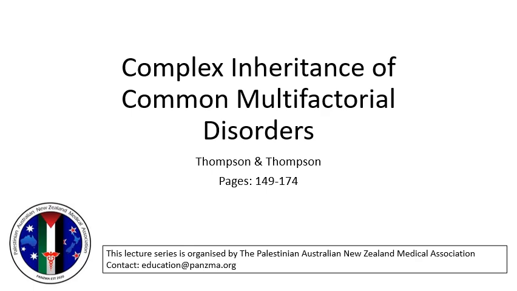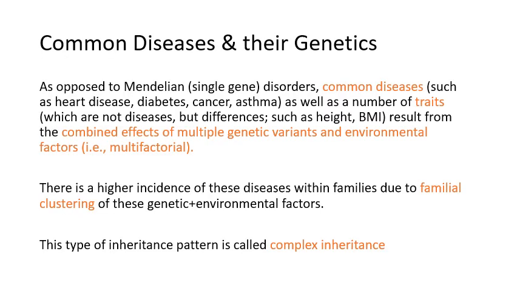Now, this chapter is quite complicated, so I've simplified it as much as I can and I've made it as relevant as necessary for you. So, there are a number of common diseases that still have some genetic basis. As opposed to Mendelian, remember autosomal dominant, autosomal recessive, X linked, these are all Mendelian disorders and are caused by single gene problems. So, as opposed to Mendelian or single gene disorders, common diseases such as heart disease, diabetes,